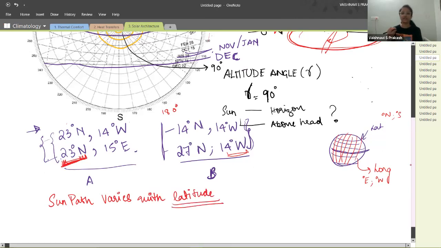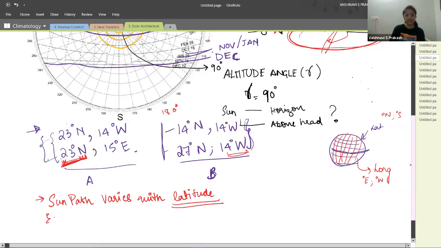So each latitude from the equator till the poles, North Pole and South Pole, each degree of latitude will have its own sun path diagram, because the angle of the sun varies with the latitude. Longitude, not really, because the Earth rotates on its axis, which is why day and night happen. Each longitude will receive the same sun path. But latitude, because of the Earth's shape and the axis of rotation, each latitude will have its own sun path diagram,